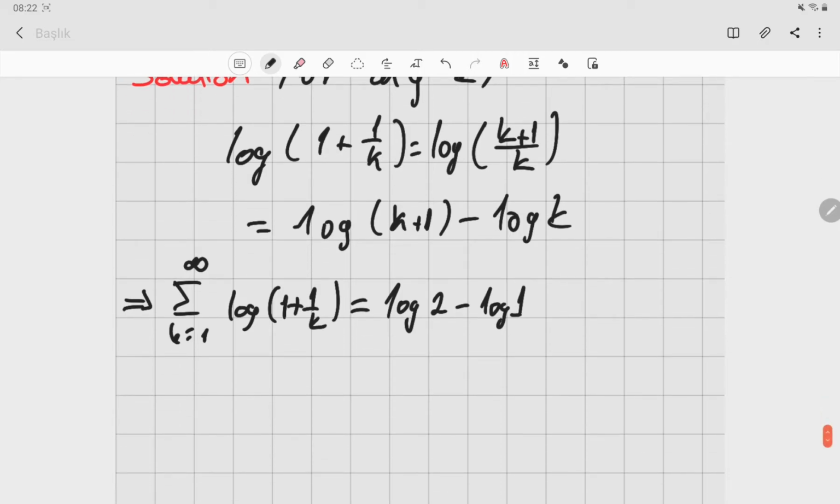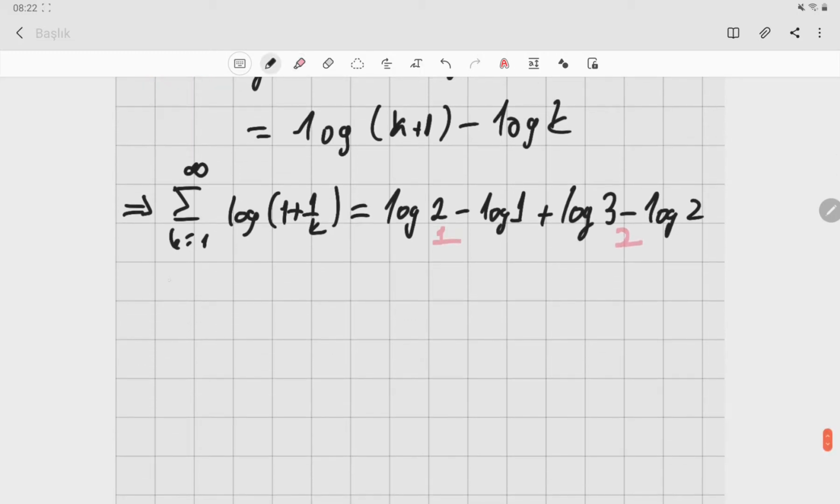This is the first term. Plus logarithm 3 minus logarithm 2. This is the second term. Let's write the third term: logarithm 4 minus logarithm 3. And similarly, this is the third term, plus